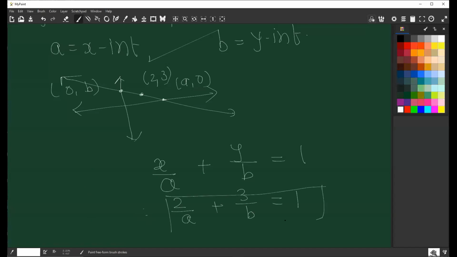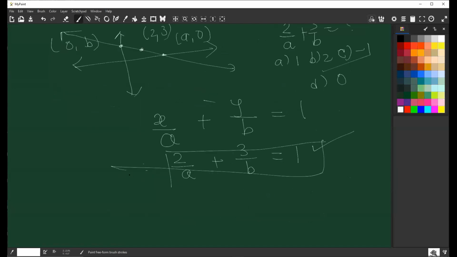So you can convert A into B. Or, you know, the same question I can ask in CET, so I can ask you what is the value of 2 upon A plus 3 upon B is equal to how much? I can give you 4 options: 1, 2, -1, D is 0. Understood? So ultimately you will solve the sum and you will get this value. If in place of 2 upon A plus 3 upon B, I ask you 4 upon A plus 6 upon B, what will be its value?